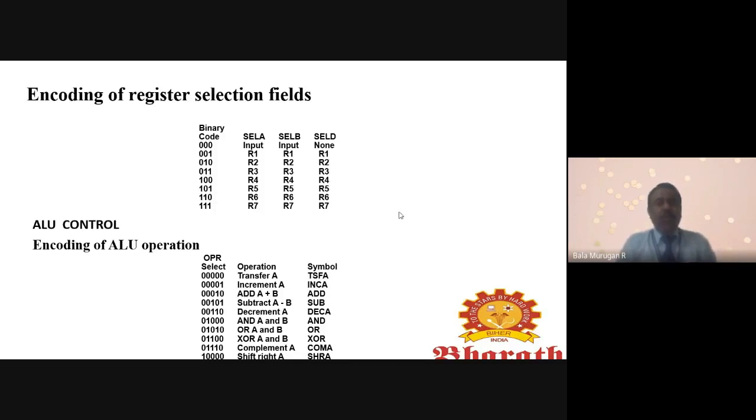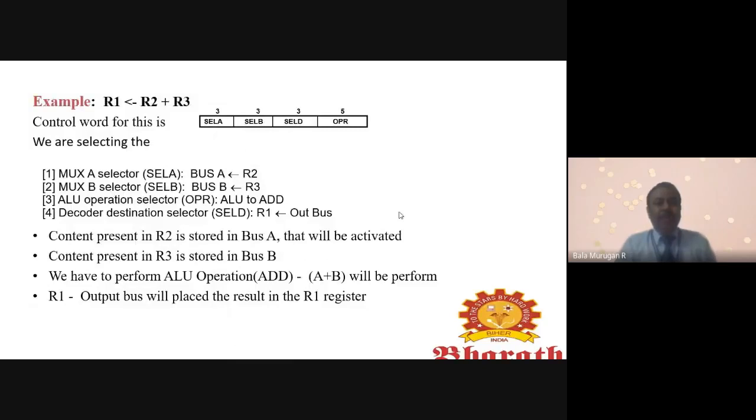So now we'll see the example. So now we are going to add. So here we have registers. So R1 equals R2 plus R3. So these two things we are going to add, that will be stored in the R1